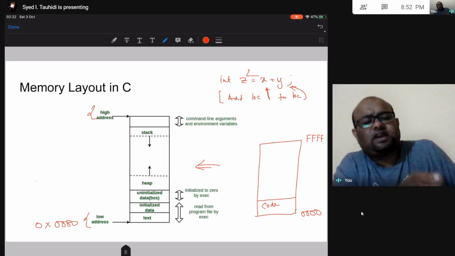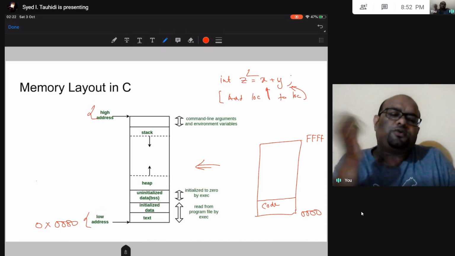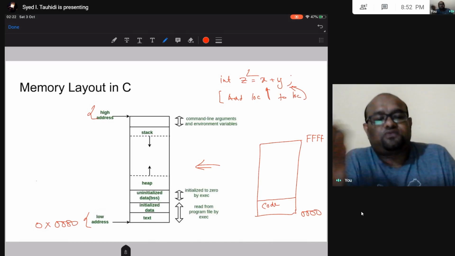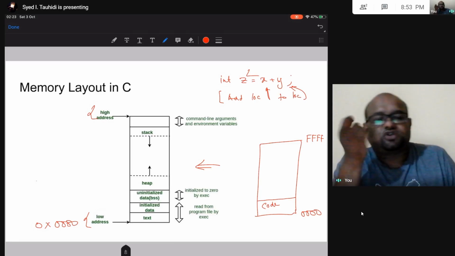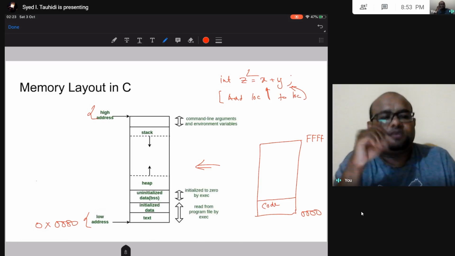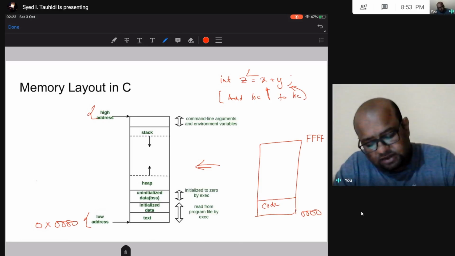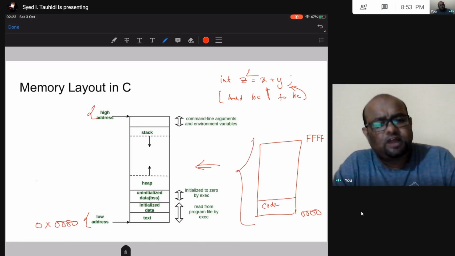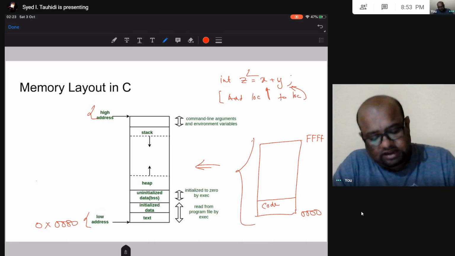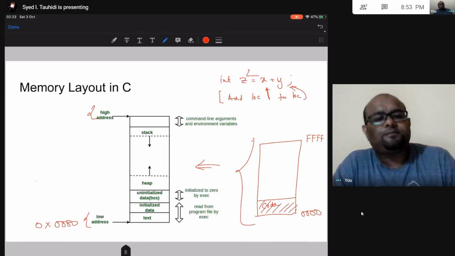Your executable file is there in your hard drive, but your processor cannot execute your program from your hard drive. Your processor will execute from RAM. RAM is closer to your processor, so the processor prefers RAM. Hard drive is very slow. So we will bring that code and keep it in our memory. This is the memory allocated to us by the operating system. Here first we are going to put the code that we are going to execute, our program code. That is what is kept here. First this code is kept, then we will talk about all this with an example.